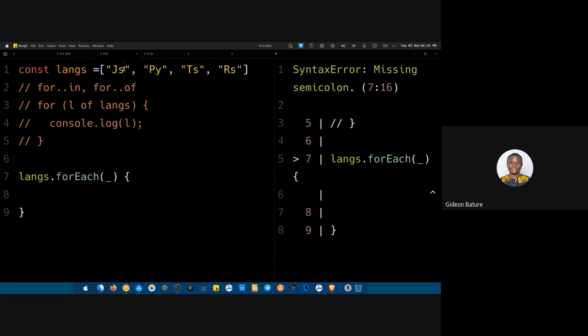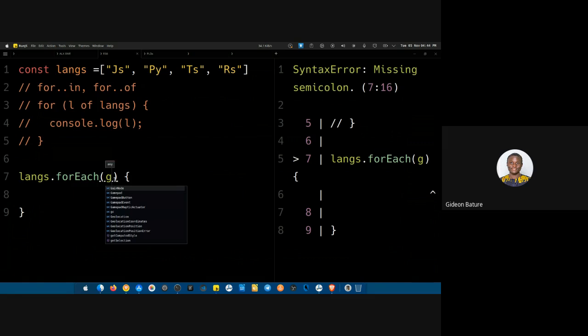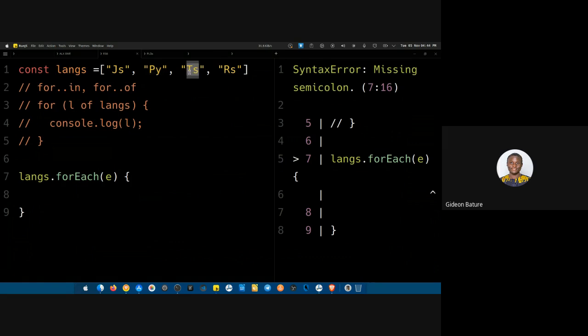So when it gets to the first one, this element that we put here, just like I said, could be anything. I can even decide to put G, or even E, to show that element. This element here will take JS. By the time it moves to PY, this element becomes PY. By the time it moves to the next one, TS, this element becomes TS, like that. So if we console.log,